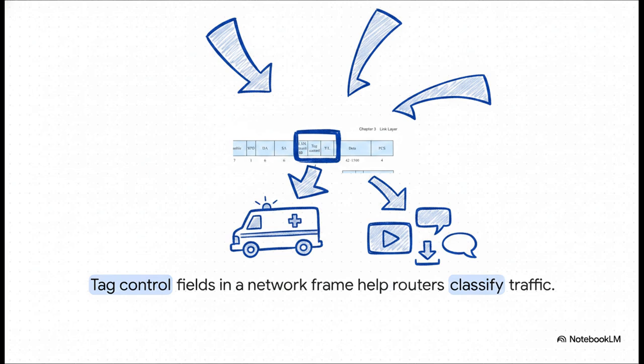And this brilliantly illustrates how the network actually tells these packets apart. Down at the link layer, a network frame contains very specific fields, like the tag control. When a packet hits a network core, routers aren't just taking a wild guess at what's inside. They're reading these specific fields and tags to classify the incoming traffic. The router sees the tag, assigns the packet to the correct service class, and boom! It ensures that our metaphorical ambulance gets recognized immediately.